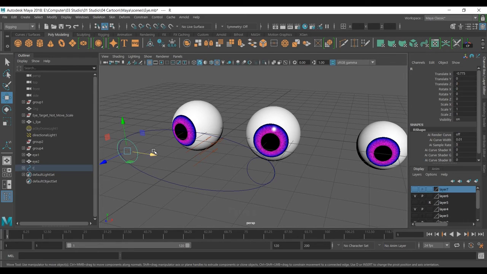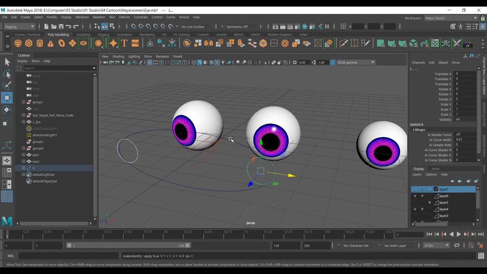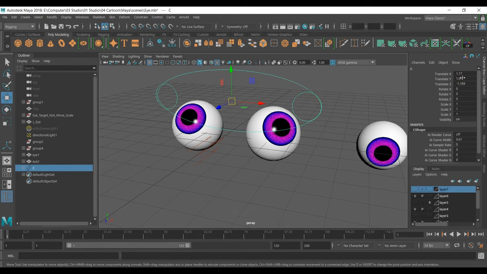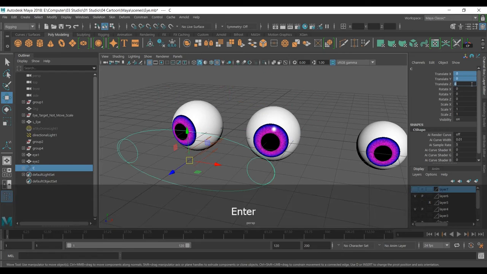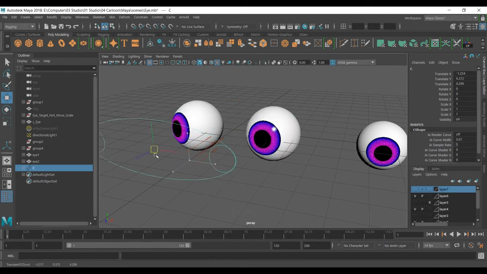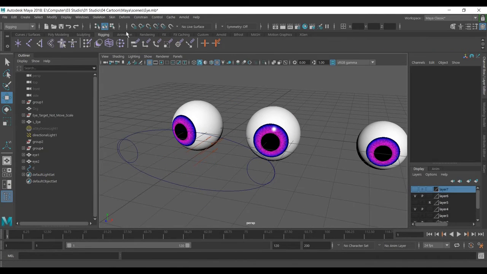So when you have moved them to the position you want, you can also select both and freeze transformation and rotation, and that should be good to go. And of course you can freeze this one too. So now you have controls to move them, and now you also have some of